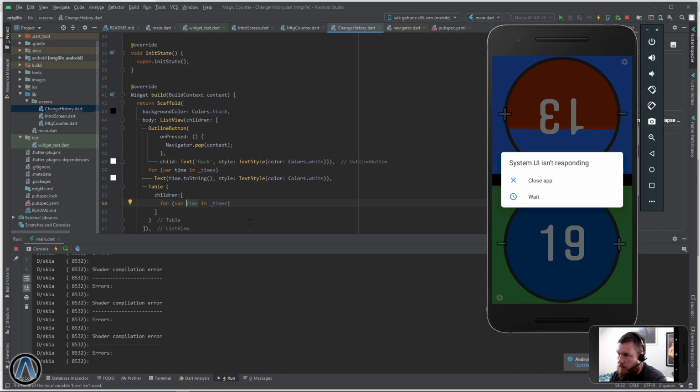For time in times, table row, and that needs children. Now we're going to want a column for each table